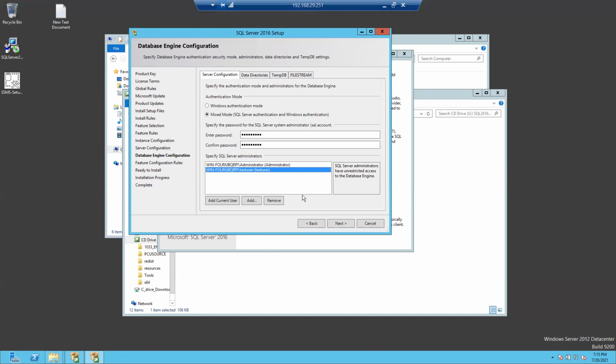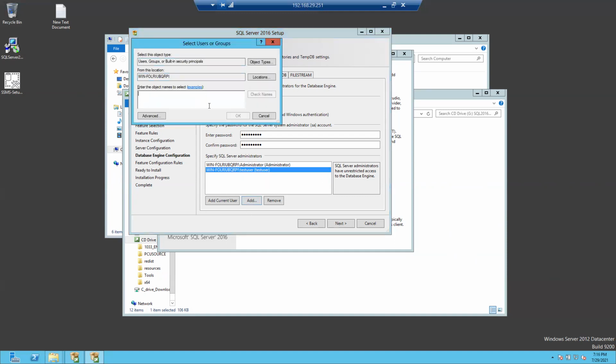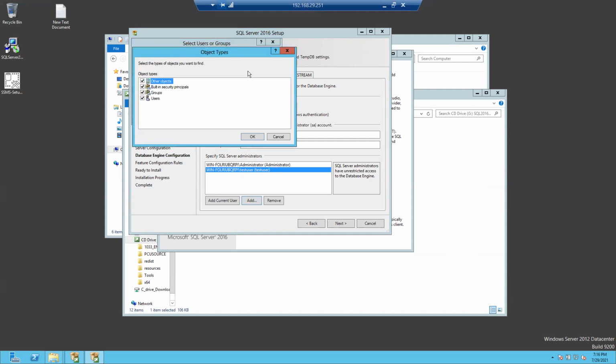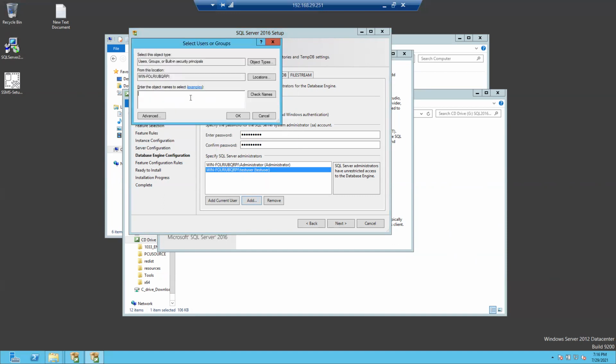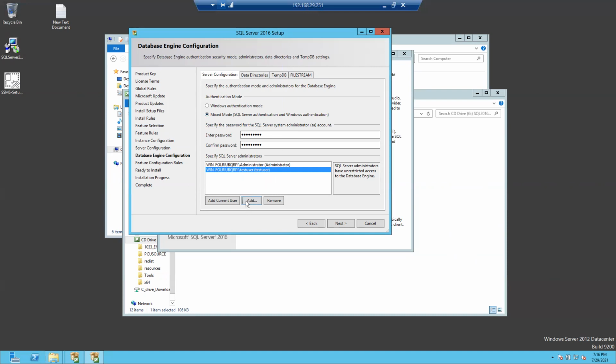So this is added. When you are installing a new SQL Server, generally we will have one team, with 10 or 12 or 20 people. For those people, one security group will be created. If those people need access to this machine as well, you need to add that group name as well. Here I don't have any group, so you need to select group name and give that group name.